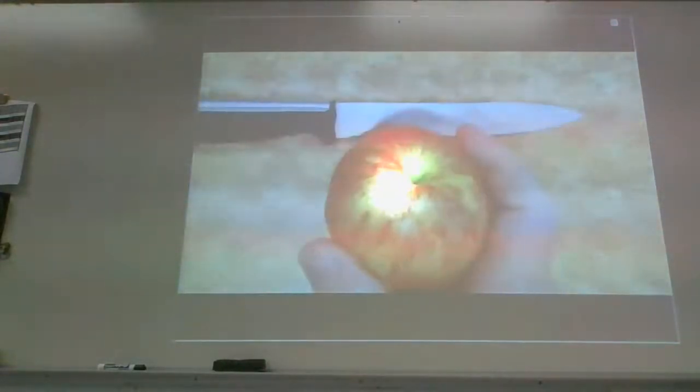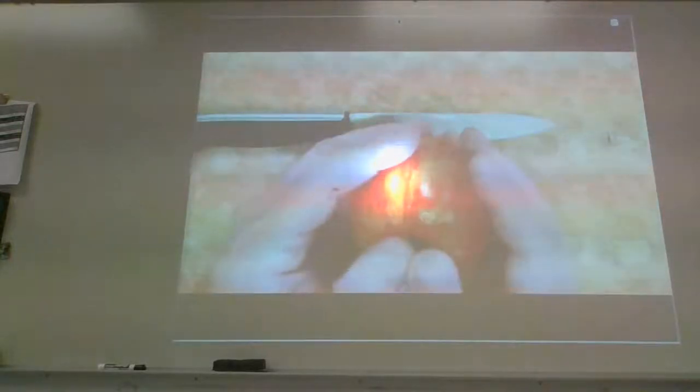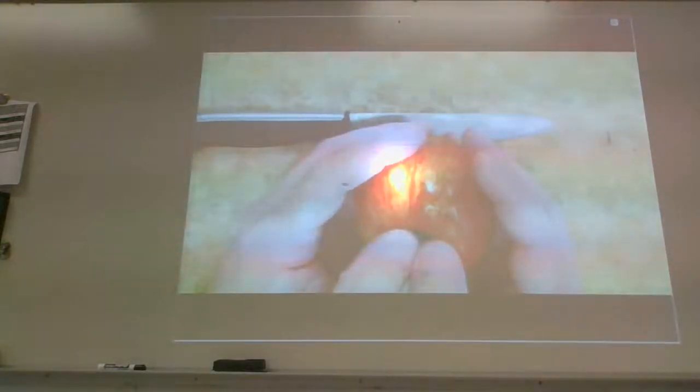I've seen people do tons of things with apples. You ever see somebody try to rip it open with their bare hands? Have they, in real life? I thought about it. I'm like, I could do that. I'm like, no, I'm not going to do that.